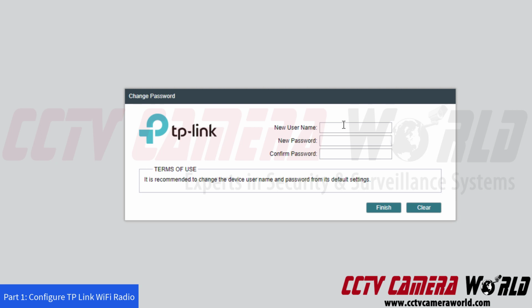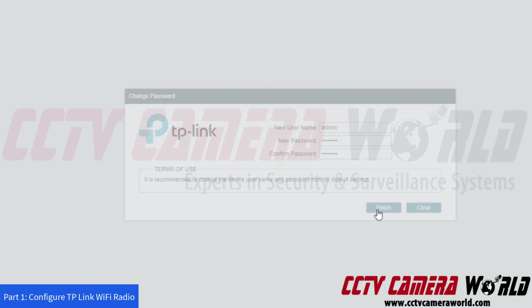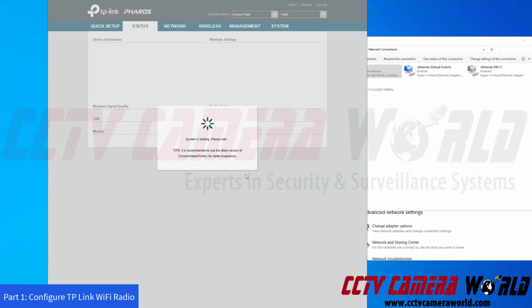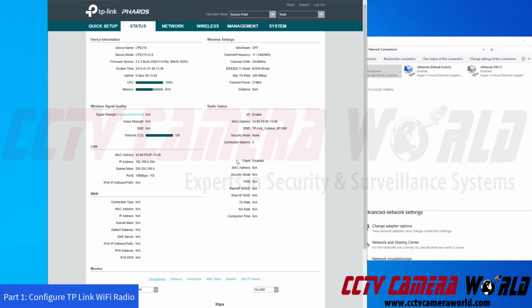So it's going to ask you to make a new username and password. I'm just going to use our factory defaults here at Avalonix. So new username would be admin, password, whatever password you would like to enter. Just make sure that you set a password that you won't forget in case you ever need to access the access point in the future, or access the admin panel, I should say. So I've gone ahead and made a new password, and then I'm going to log in with that new username